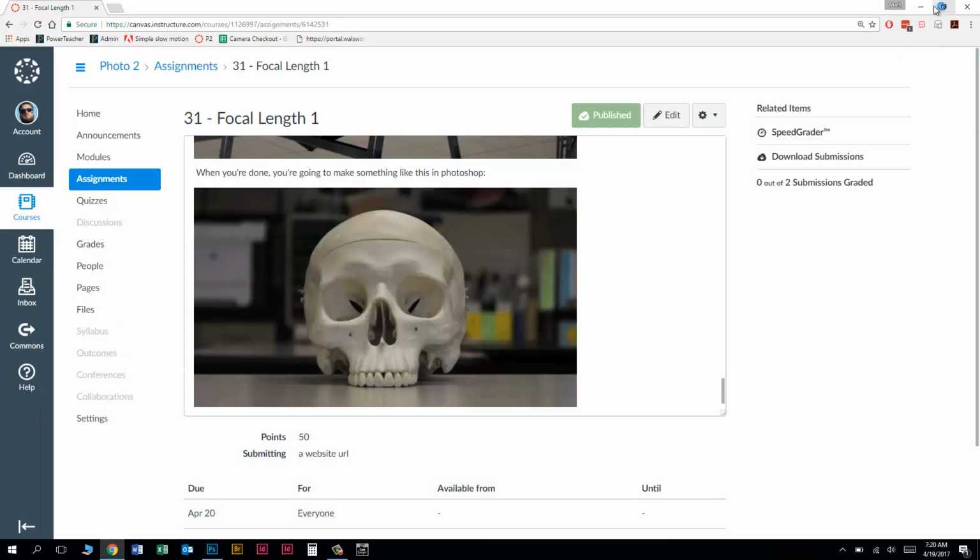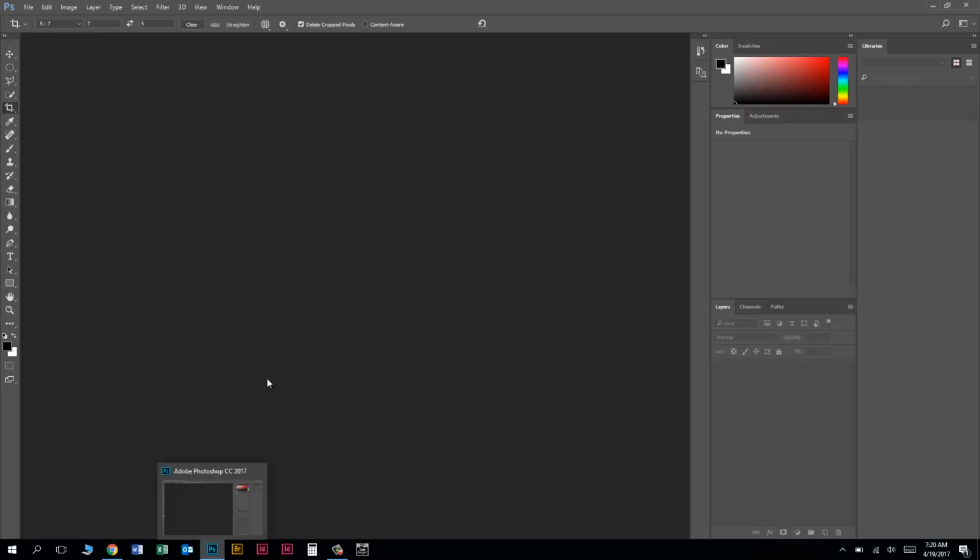Alright guys, in this video I'm going to show you how to use the photos you took in the focal length 1 assignment to make something that looks just like this in Adobe Photoshop. So let's get started. Go ahead and open up Photoshop, and we're going to be working in the animation or